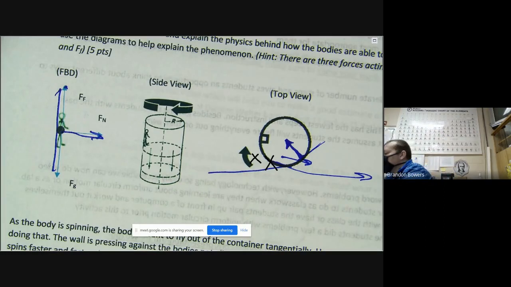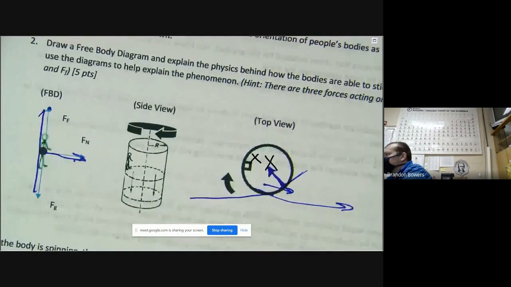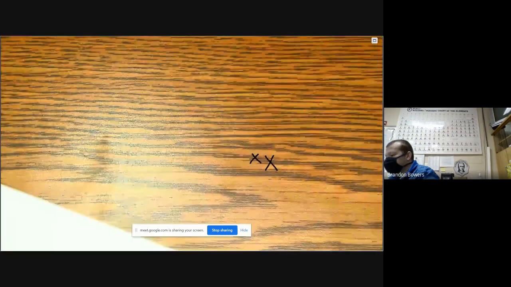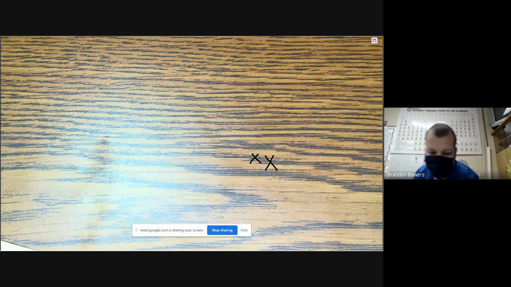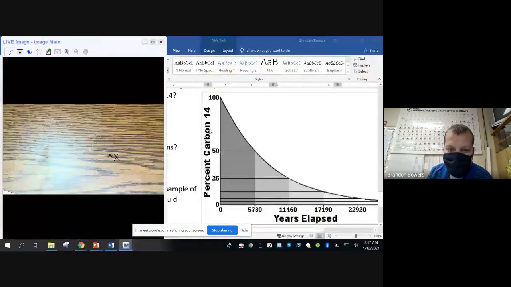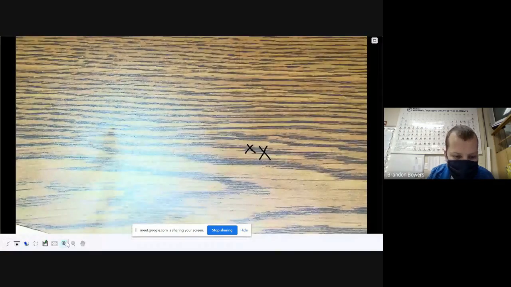How do we feel on this? Feel pretty good? Any questions on this activity? All right, I wanted to knock that out real quick. Do we feel all right? All right, everybody should have that turned in and done. I will get that graded probably sometime soon. All right. I wonder how I can get rid of those X's. Maybe the eraser tool might help.